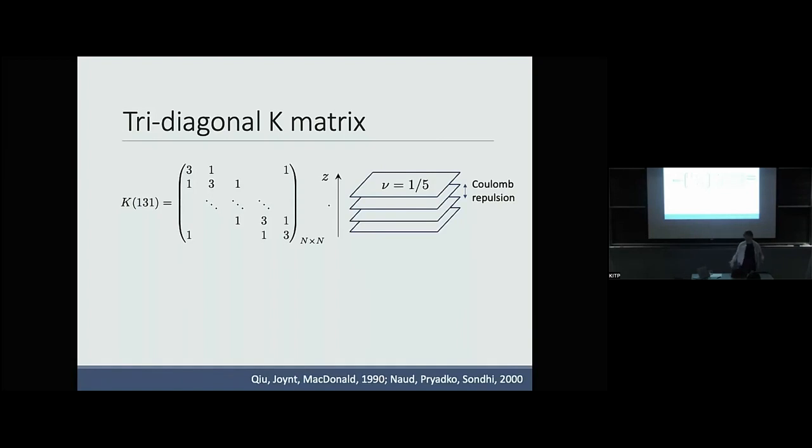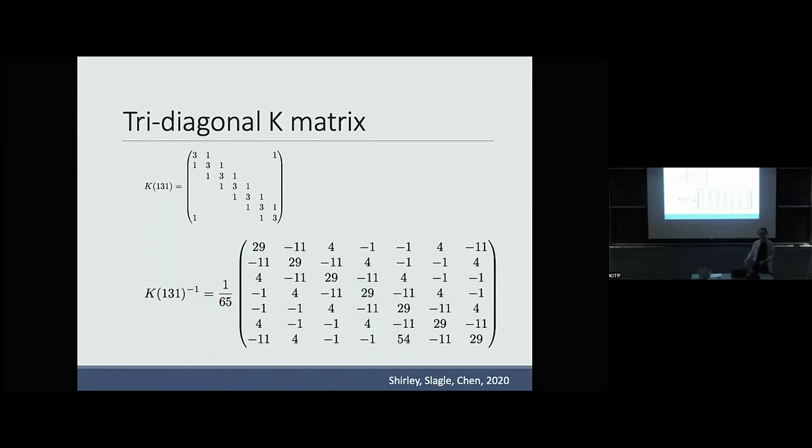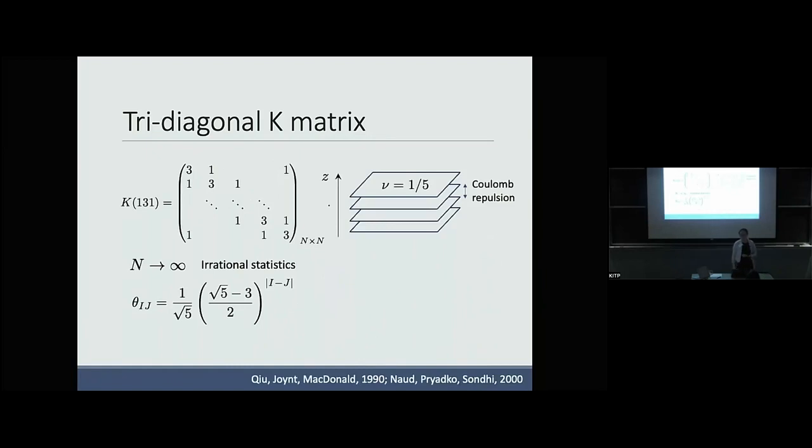And once we write down the matrix like this, people immediately realize that there are some amazing properties associated with this matrix. For example, as I mentioned, the key feature associated with this K matrix is given by its determinant and is given by its inverse, right? For example, if we calculate the inverse of the matrix, it turns out to be very complicated. And this is, I think, a 7 by 7 matrix that I try to take an inverse. And if you make it bigger, it will look even more complicated. And you see that there's a huge denominator, and then the entries are non-zero everywhere, and decaying in some way. And if you make the matrix bigger, it just starts to have an even bigger denominator and more complicated entries. But what this means is that if we take the limit of infinite system size, something amazing shows up,